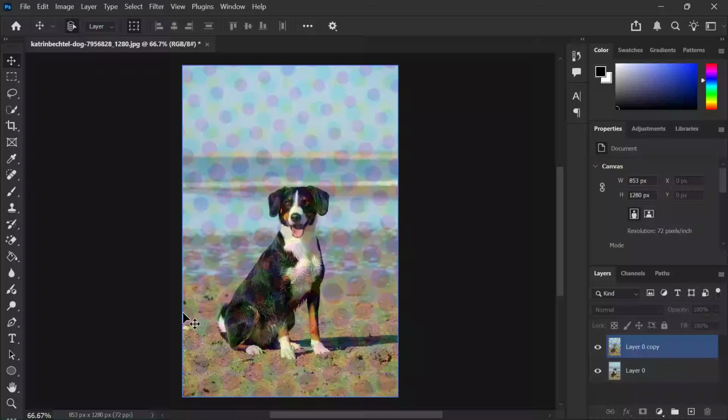In today's video, I'm going to show you exactly how to unmerge layers in Photoshop. If you've ever found yourself in a situation where you merged multiple layers to tidy up your project, only to realize minutes or hours later that you need to edit an element on an individual layer, you know how frustrating